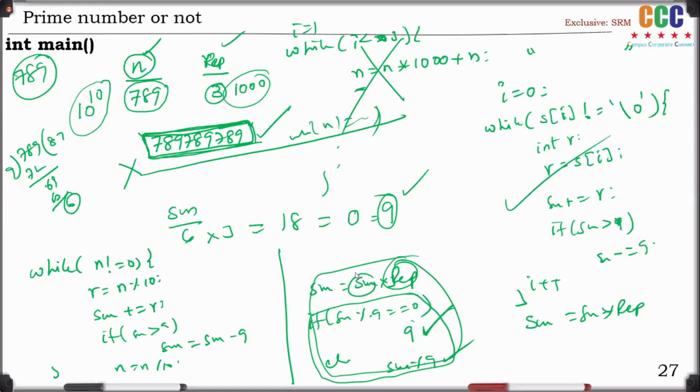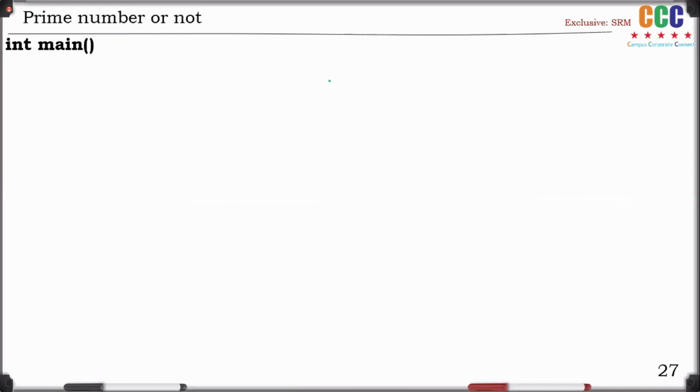Okay. In this case, you're saying that without using a loop also, directly we can apply sum mod 9. Is this applicable for every number? If it is applicable to every number, just do it like that. If it is not applicable to every number, simply calculate the sum in this way. Calculate the sum and multiply it with the repeater, how many times it is to be repeated, and then you apply the mod 9 operator.